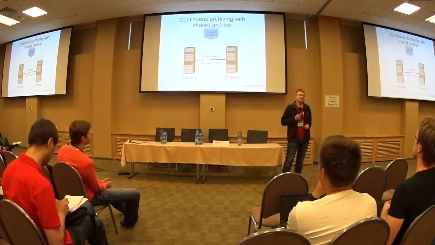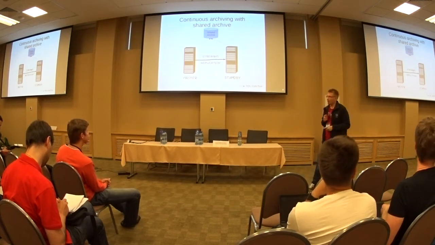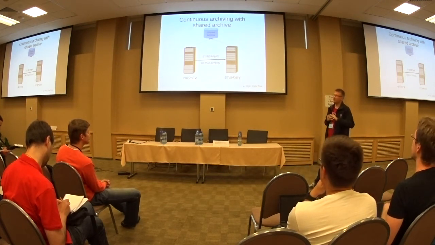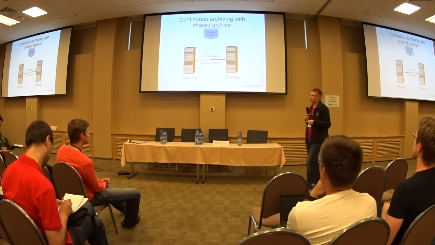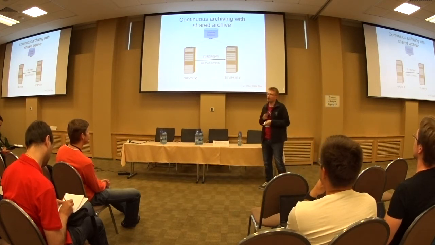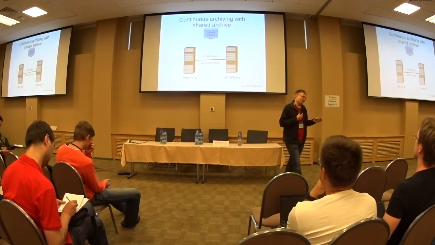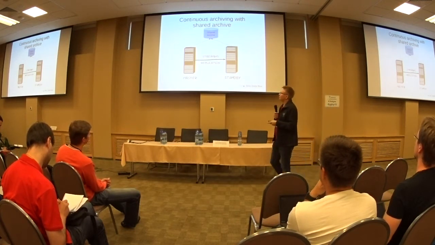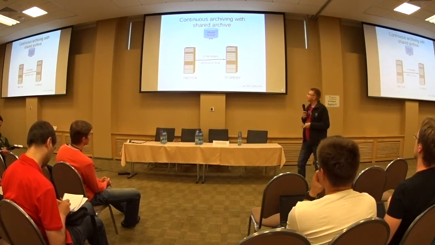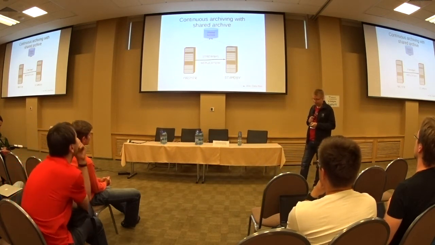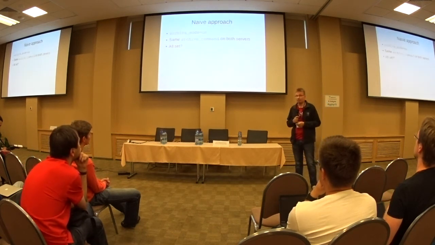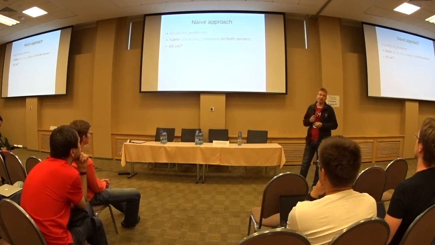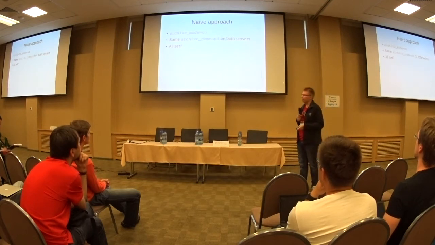So you have a master and a standby, and you have a WAL archive that's shared between the master and the standby. You want both of the servers to be archiving to the same location. Well, it might not be the exact same directory, but anyway, you don't want to keep a whole copy of all the archives for each of them. This is very common, and it's actually a bit tricky to set up, and I think a lot of people are doing this wrong and don't realize it, because I didn't realize that the simple way to do that doesn't